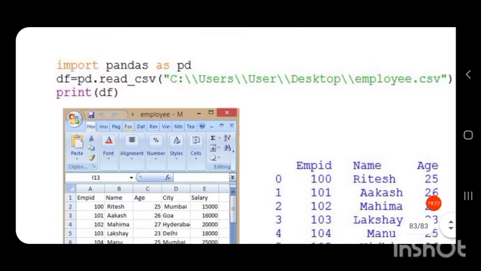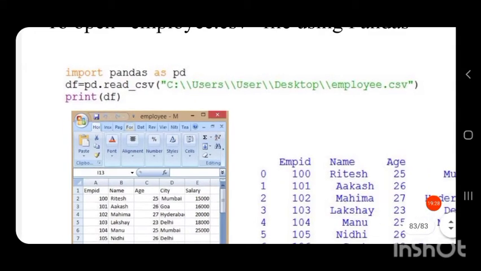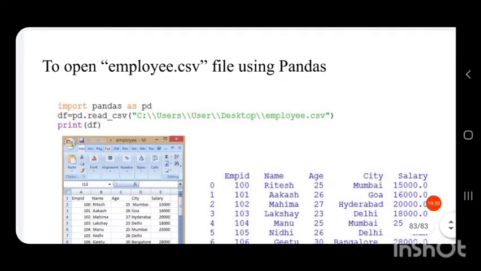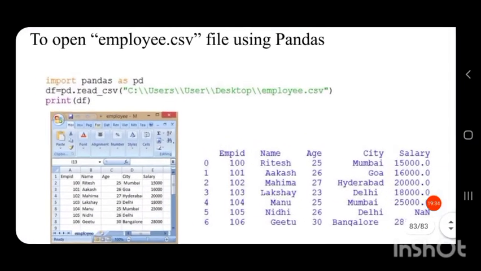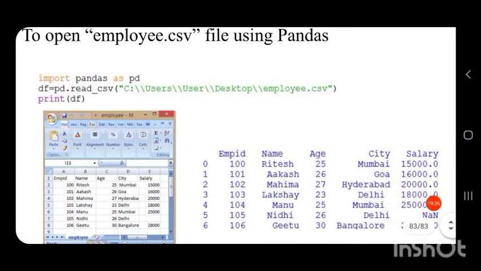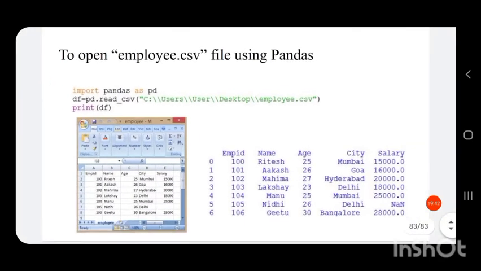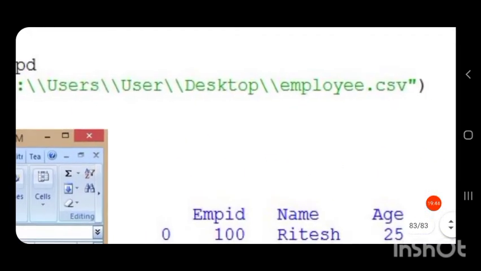So df is equal to pd.read_csv. read_csv is the function to read data from a CSV file and to create a data frame. In that function we are providing the path of the file. So this is the path of the file.